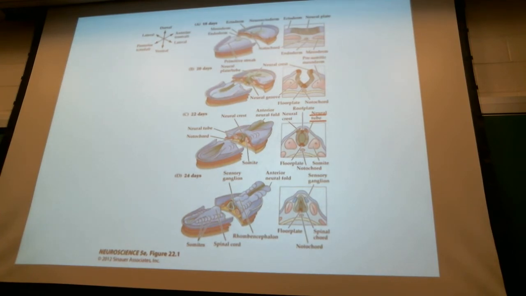It is called neural tube. And then this fused part will be around here, will become a neural crest. And if you look at this neural tube, the portion which is close to the surface is called